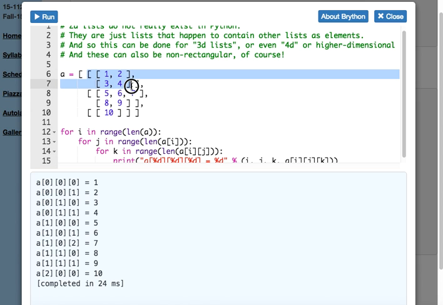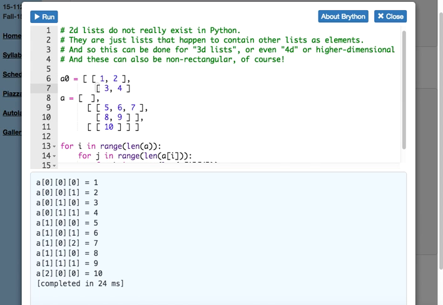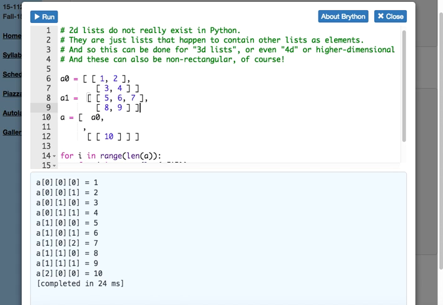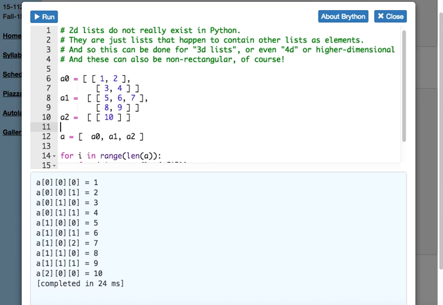Just to be sure we can really see what's going on, let's go ahead and do this. Let's say A0 is that. All right. Then we'll do A1 is that. And then we'll do A2 is this. Fine. All I did is took the list out of this and out of the original list and made them